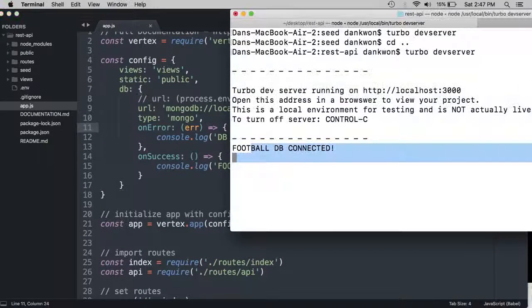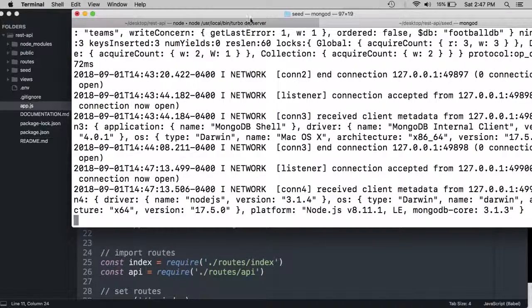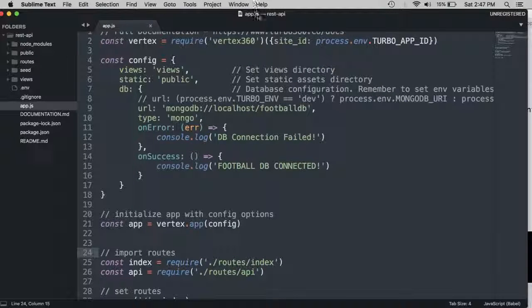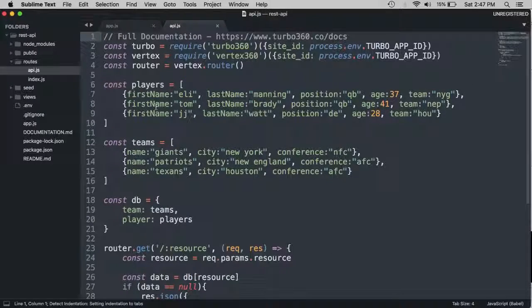So in our database, our local MongoDB also has some seed data that we set up a few moments ago. So now we're ready to go with the actual data from our database. So in the next video, what we're going to do is create our database schemas. I'm gonna go through that pretty quickly because that's well covered in the Mongo series, and then we're going to use that schema to make API requests inside of our API route. So all of this will be removed, and we will actually make the request